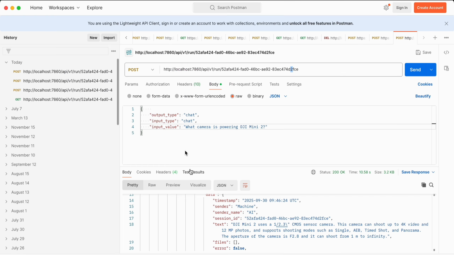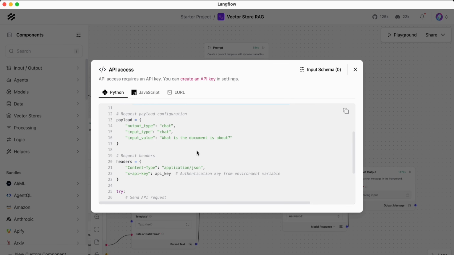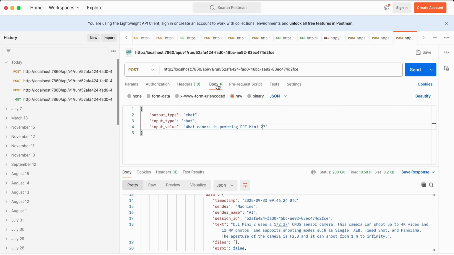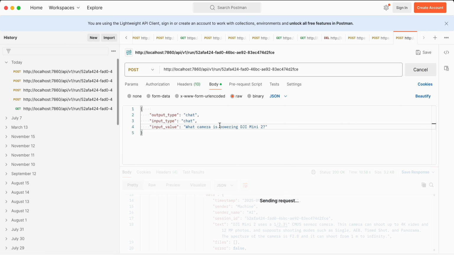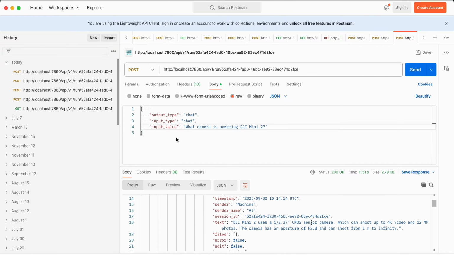You need to put the API key and application/JSON. If you notice in the video, I don't show you my API key of my Amazon or my AstraDB, but because this is the localhost, I don't mind showing it. So I just add content type and x-api-key here as per the code sample. Use Postman for quick API testing, and I will ask the same question using the payload from the code sample, right? So even if it is localhost, there is some latency. Why? Because it calls the model from the cloud provider, both the embedding to vectorize and also to generate the response. But it gives the same answer as what was in the playground of Langflow.